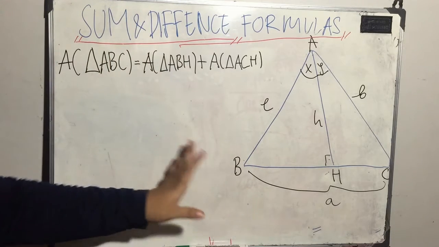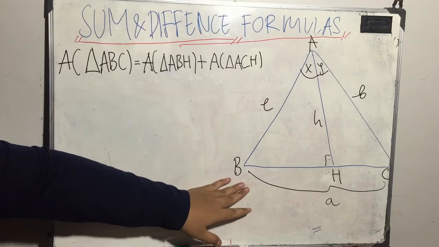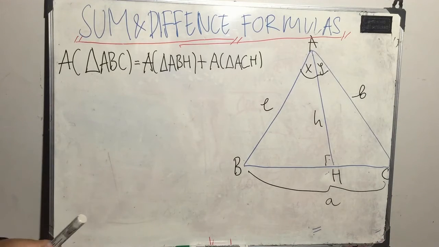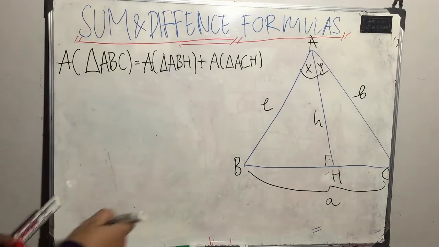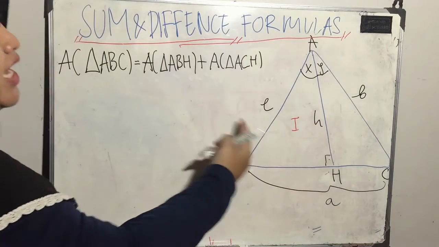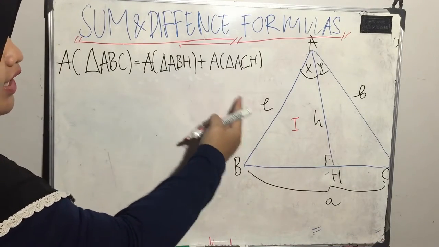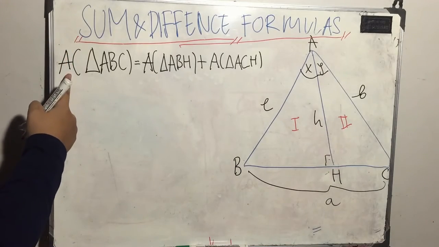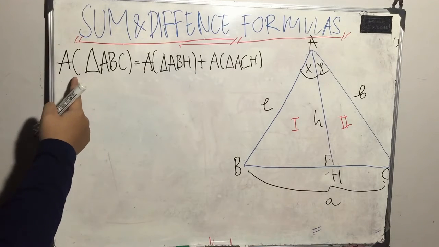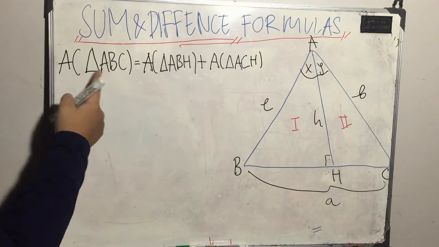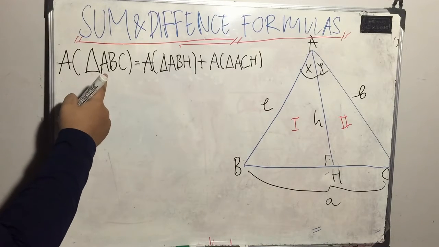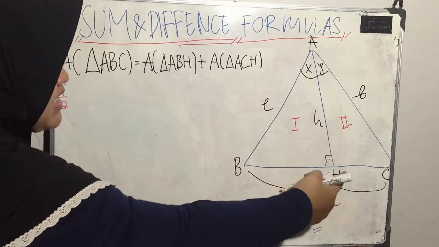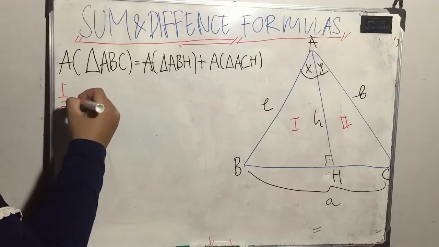We already know that on the left side we have the area of ABC. It is equal to the area of ABH, let's say this one is first, plus the area of triangle ACH, let's say this is number 2. So what's the formula of the area of ABC? We want to find the area of triangle ABC. The formula for the area of triangle ABC is half times CB times